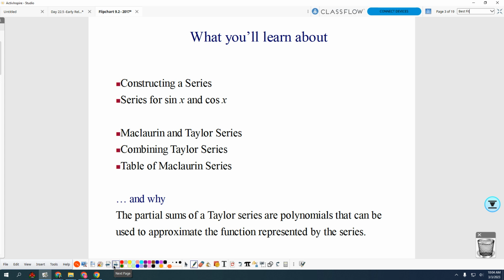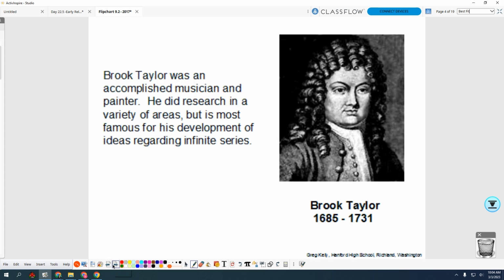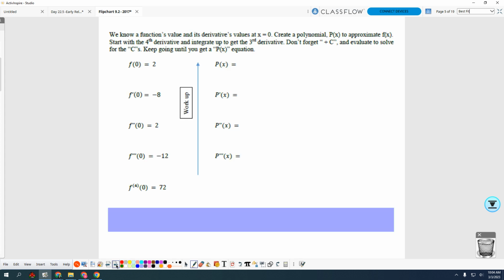Created by, or I should say, published in stuff by Brooke Taylor. But I looked it up. There's record of it like 700 years before this. No, it was all him. Yeah, it's been old. Anyway, so I have